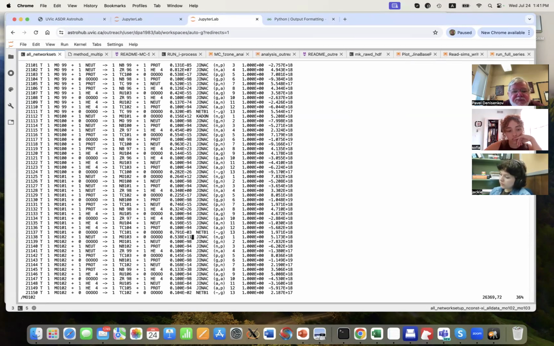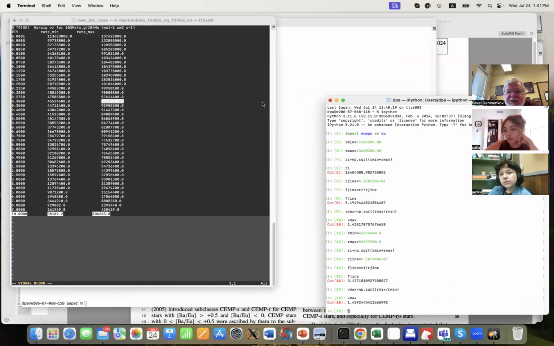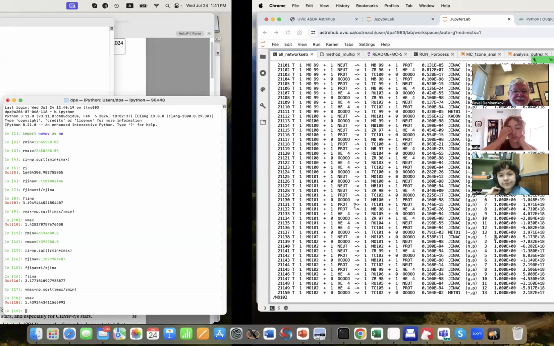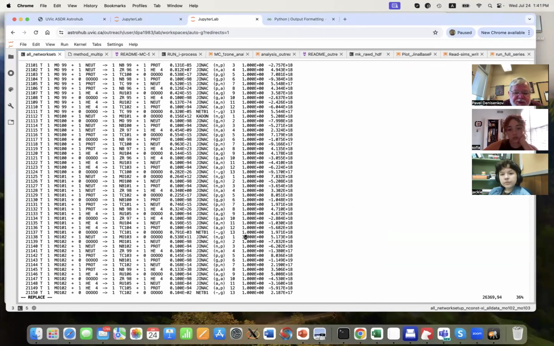I go to the column before the last one that contains these multiplication factors that you randomly varied in your Monte Carlo simulations. Here I should replace 1 with FGNA. For molybdenum 102, FGNA was 3.195, so I replace it with 3.195.